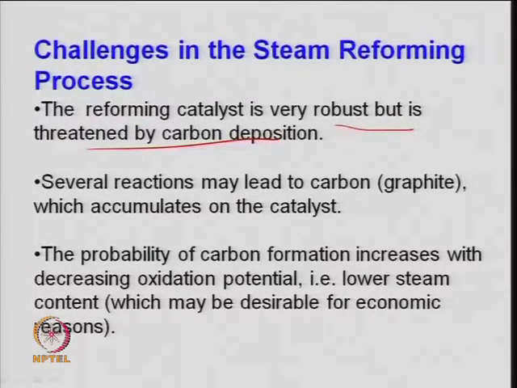So, the reforming catalyst is very robust, right, but a lot of carbon deposits on the catalyst. So, the deactivation of the catalyst is an issue. So, the life of the catalyst may be just 1 year or maybe up to 3 years. So, catalysts from Haldor Topsoe, Snamprogetti, UOP, a lot of licensors are available. They have provided the catalyst and the reactor design for this reforming reaction, but still one needs to look at a novel approach or new kind of catalyst, right, in order to reduce the deactivation of the catalyst, because every 3 years the catalyst is to be replaced.